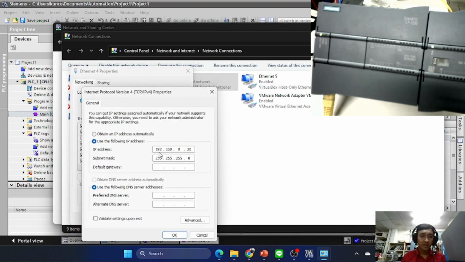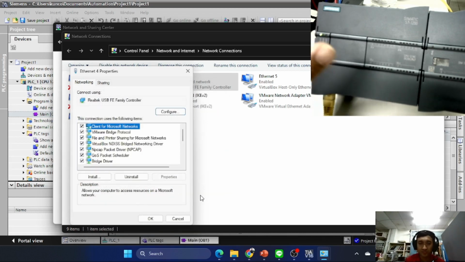My IP is 192.168.0.20 with the subnet mask 255.255.255.0, because the PLC has the IP 192.168.0.1.